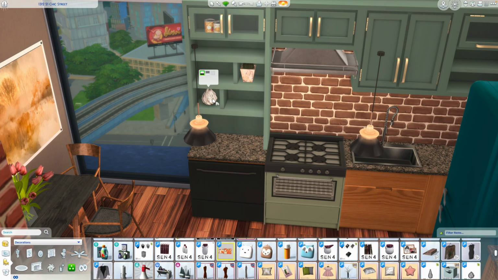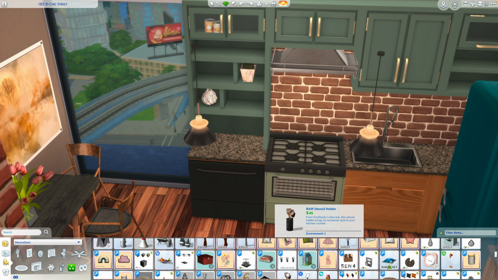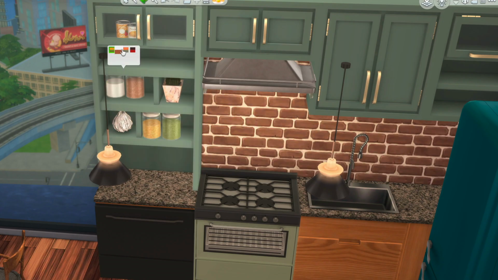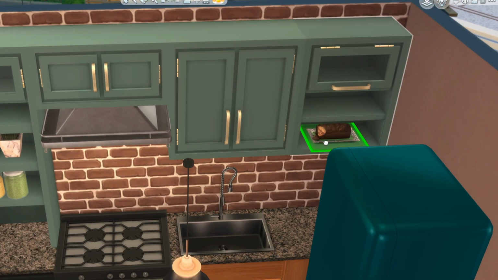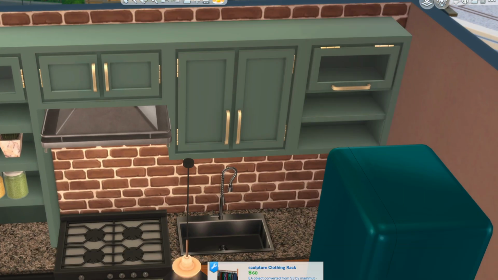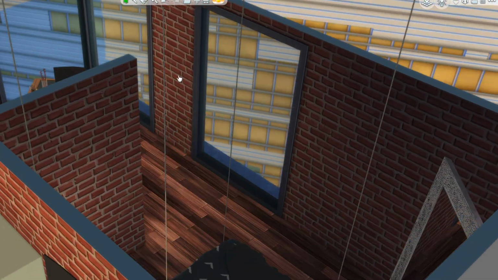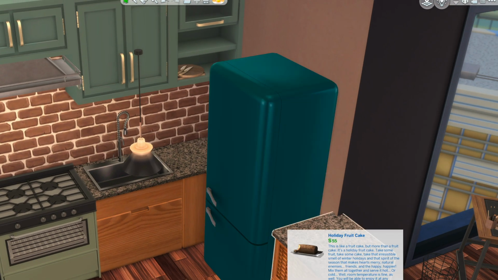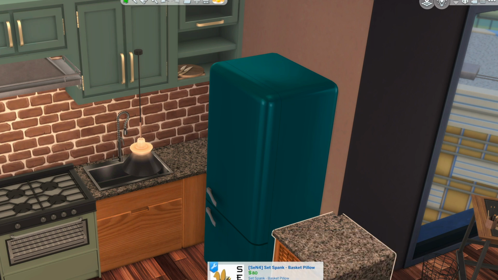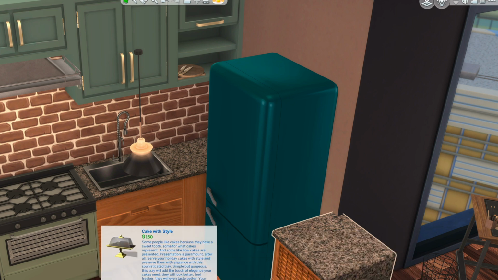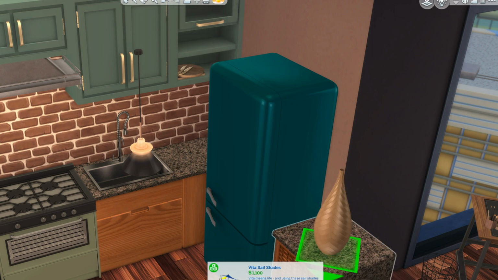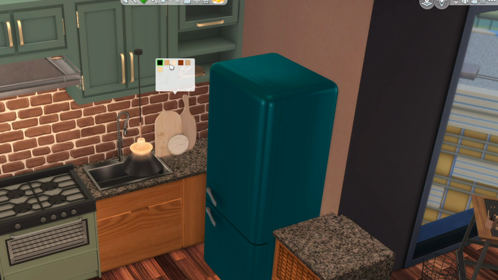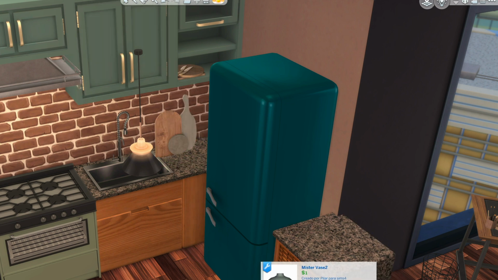So I am super happy with this apartment. I can't wait to play in it. I already moved my sim in and I took some pictures of her in the house, but I did not add this to this video because that is for another video. And there I go wanting to clutter stuff again, but I decided to add some things over here. And I'm really happy with this being my first tiny, really small studio apartment